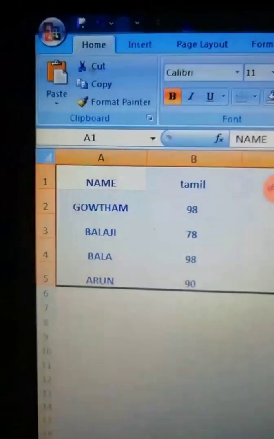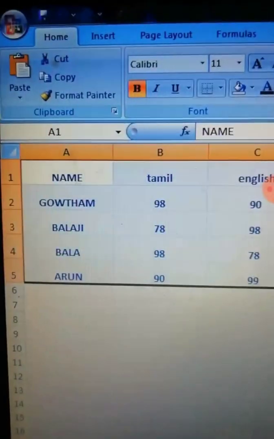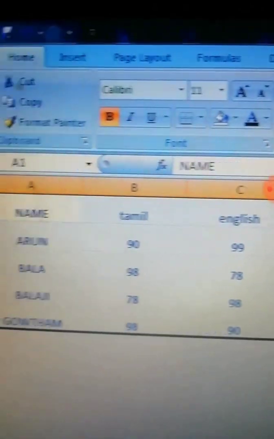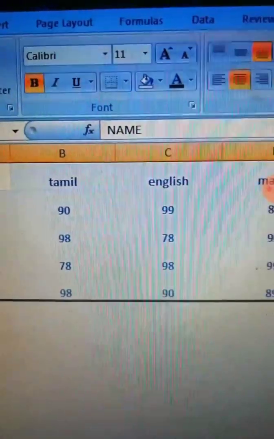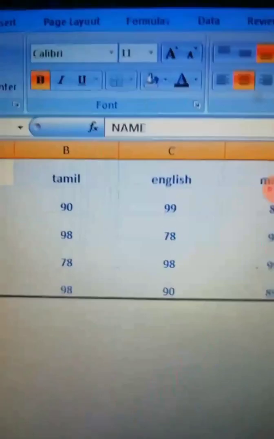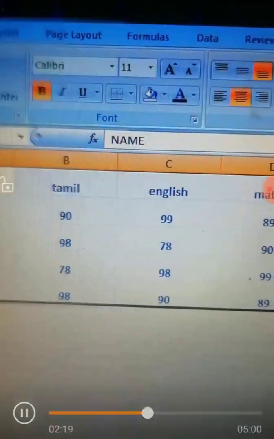So Control plus A for selecting all the content, and then you have to click sort Z to A or A to Z. First I have selected Z to A, so reverse. So first Gautam, Balaji, Bala and Arun. Now A to Z, so alphabetical order: Arun, Bala, Balaji and Gautam. In this way your names will get arranged. It has been sorted now.